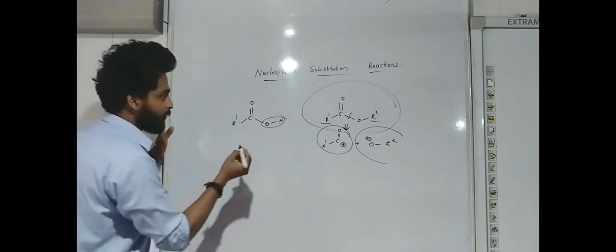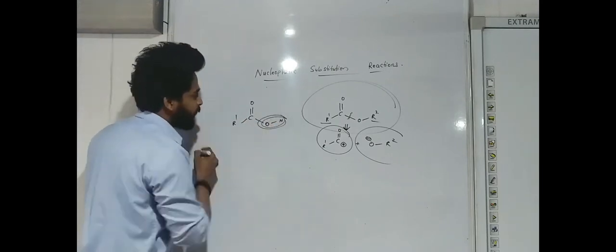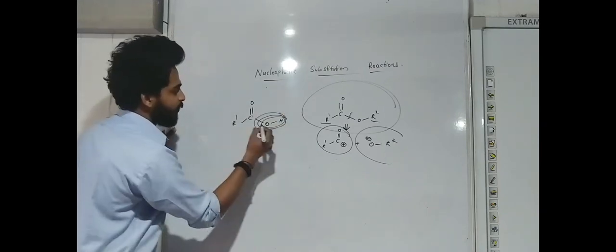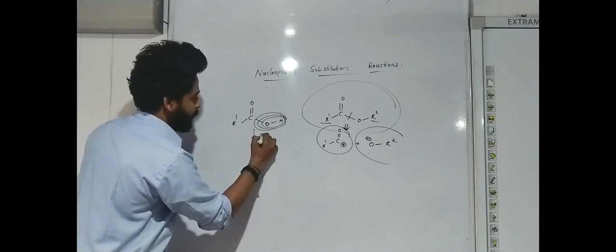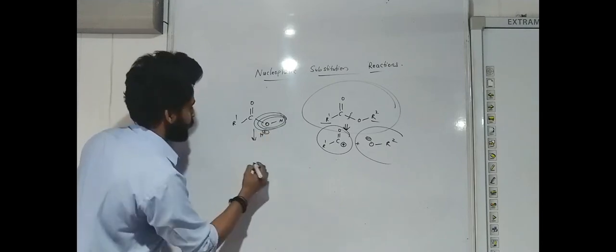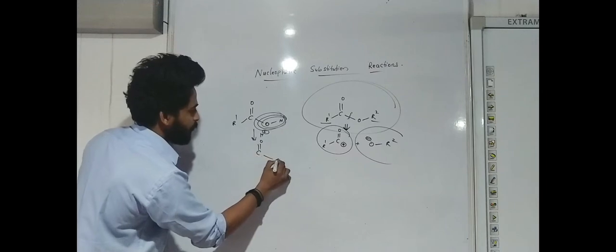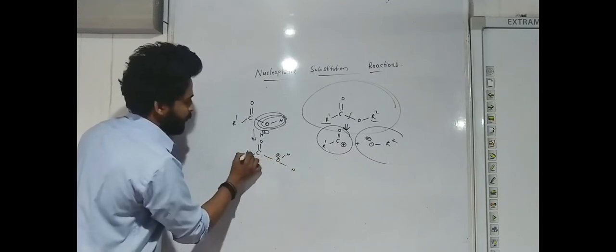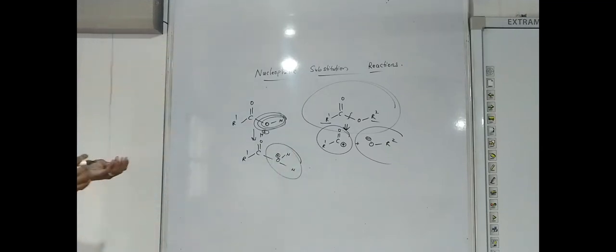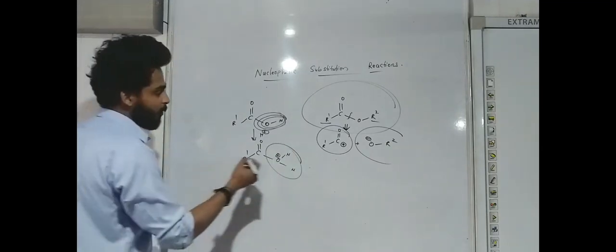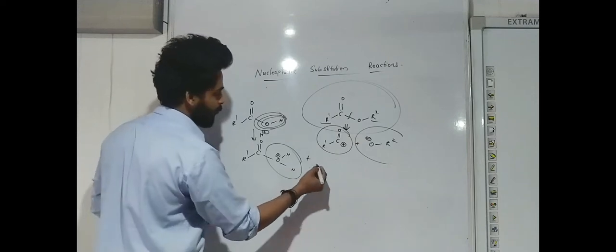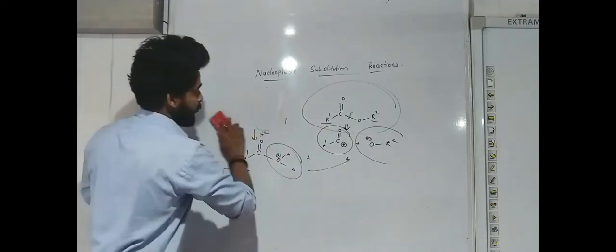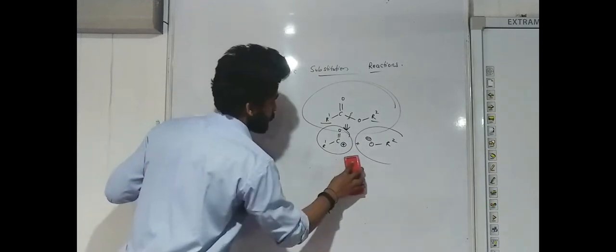But next we have to take care, because this OH is not a good leaving group. So we have to make it a good leaving group. We convert this compound by treating it with HCl or H plus under reflux. So we will get C double bond O, OH plus R dash. Now this is a good leaving group. Then by treating this compound with any other alcohol, we will get this ester.